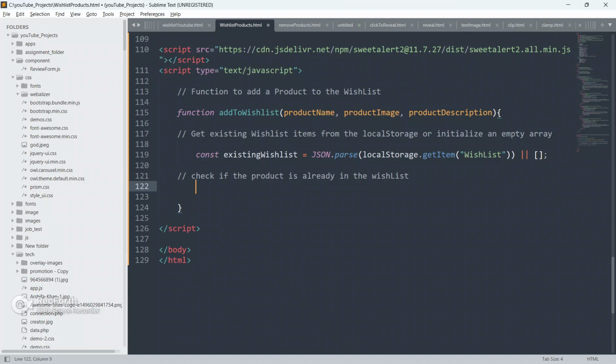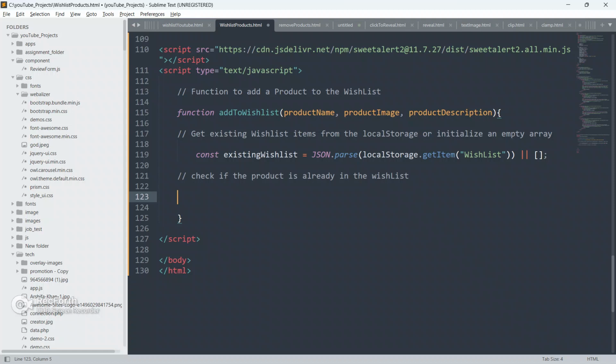I'm going to check if the product the user has just clicked to add is already in the wish list. If it is already there, then we will not add it, and we will alert the user that the product is already added to the wish list. Try to add a different product to the wish list. So that's what I'm doing here.